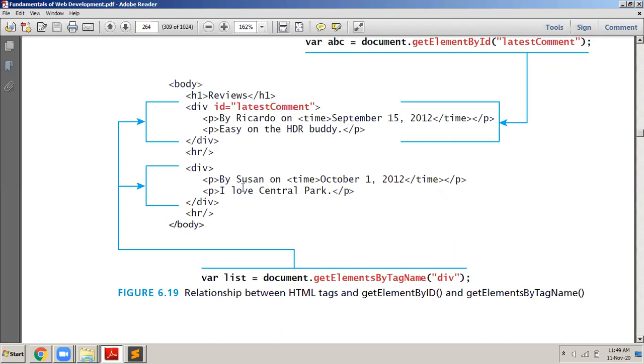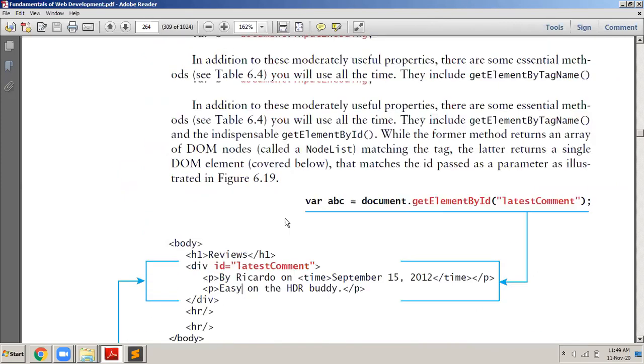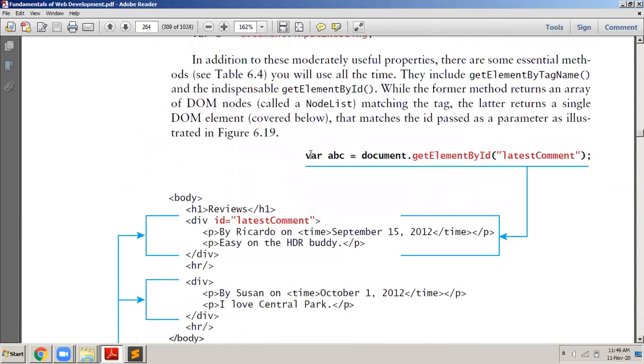So now if I want to access a particular node using the ID, I use getElementBy. This is getElementBy tag name. This is one way of addressing or getting it. Another way is by using this. I can declare a variable. I can declare a node called ABC is equals to document.getElementBy ID latest comment. If you want to access this div tag,